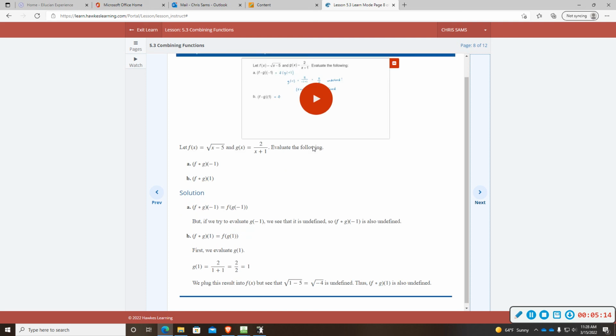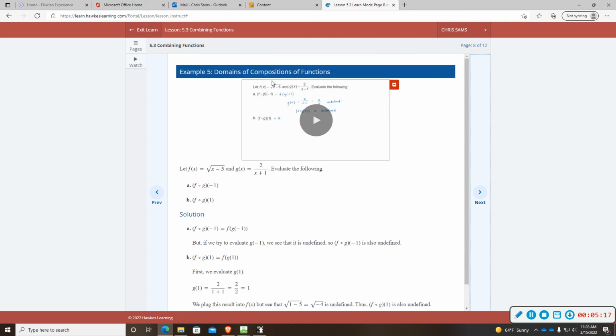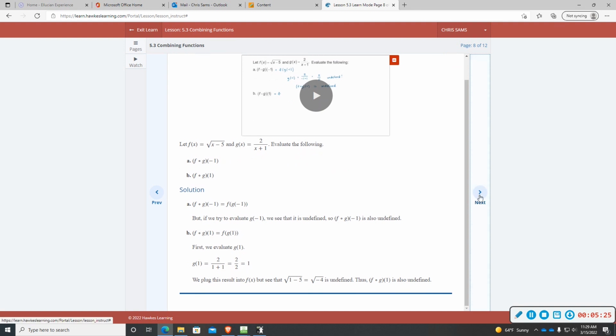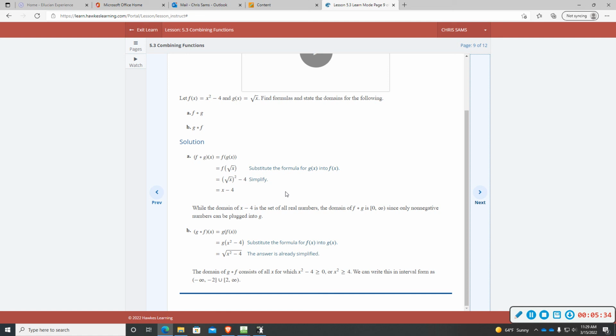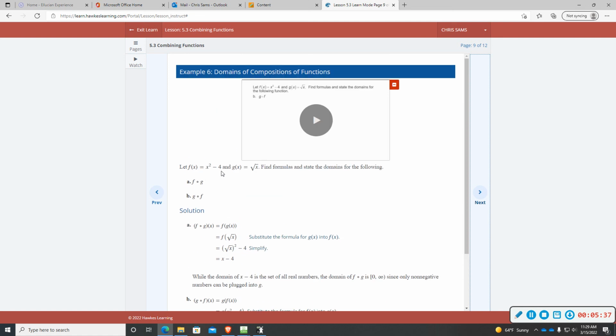And then some more examples provided, talking about the domains of compositions of functions. And then some more domains. So I guess one thing I will point out is that when you're doing the domain, you will have restrictions in some cases when you have square roots or fractions. And whenever you plug in, you've got to remember to account for those